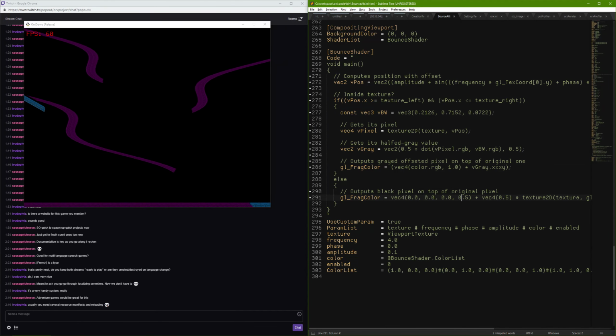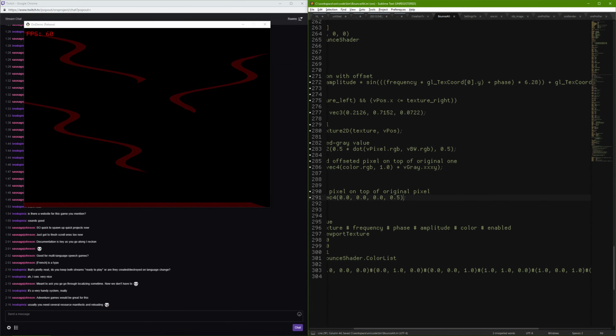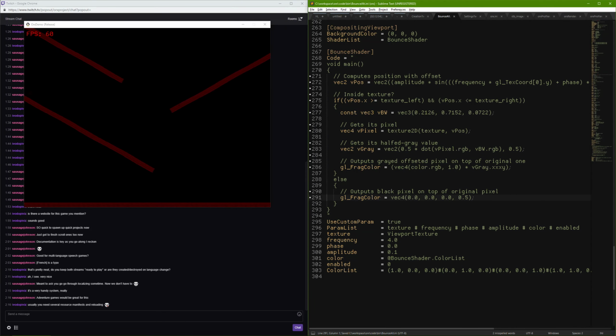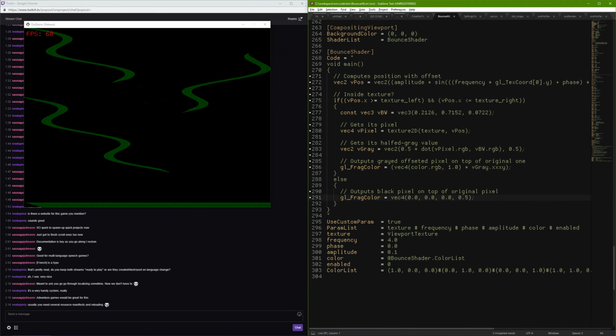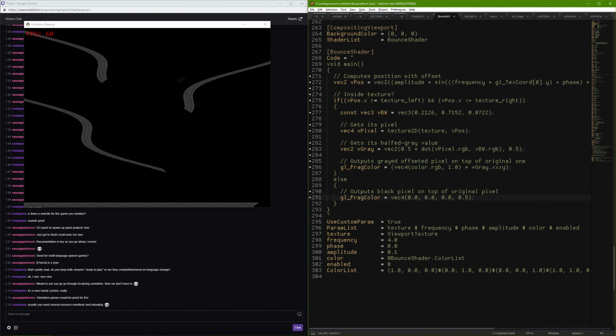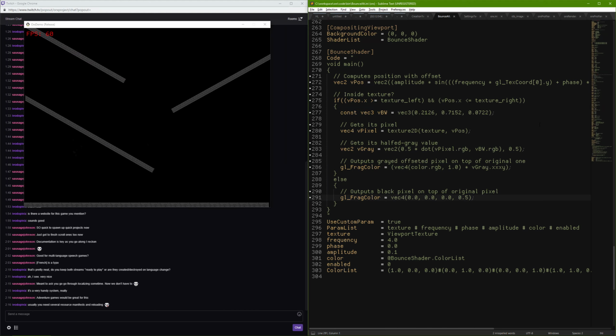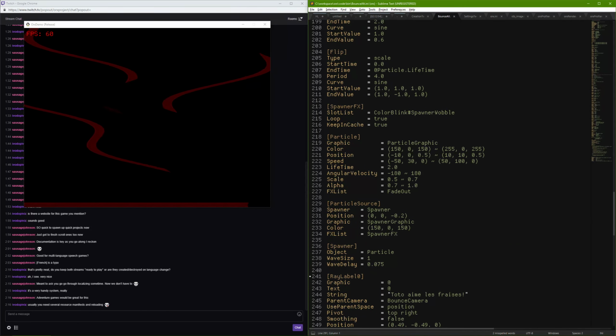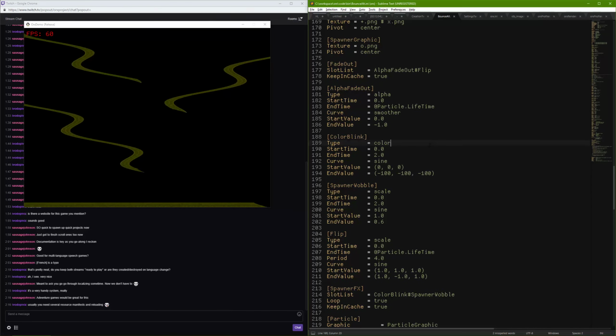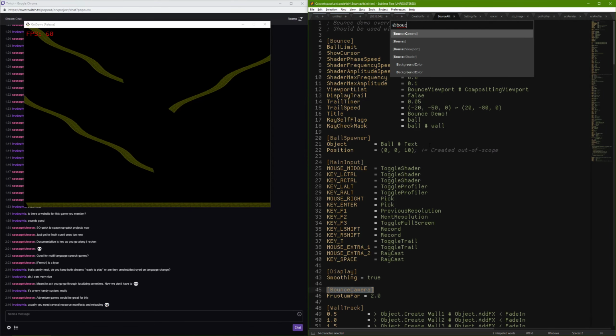And here we're just going to put black, so we don't have those weird stuff going on. There. So now if we wanted, for control, to be able to see the image behind it, there is no way to see it. But the thing is that that texture exists. And you can see that if we're looking at the bounce viewport,